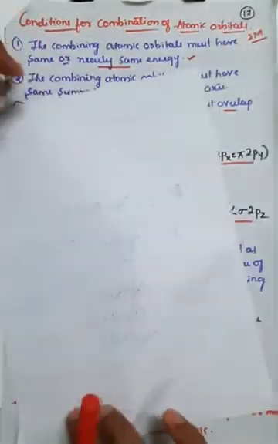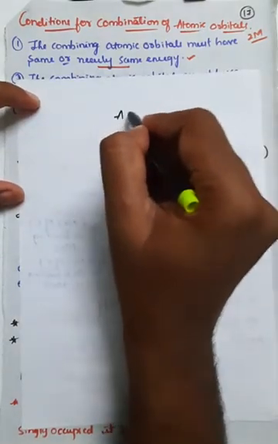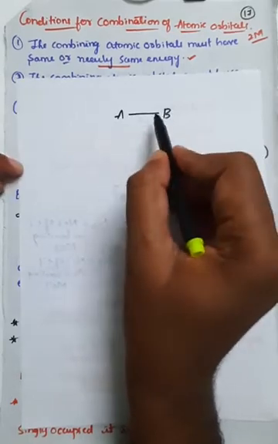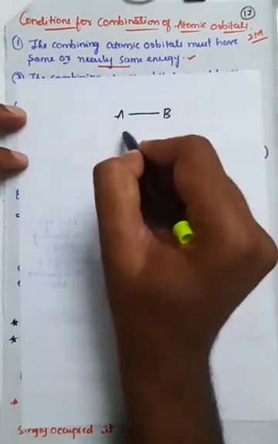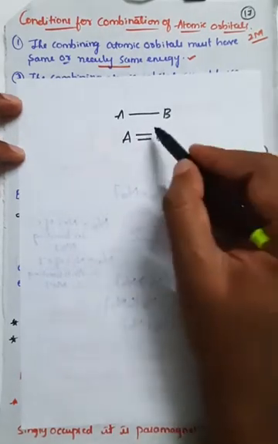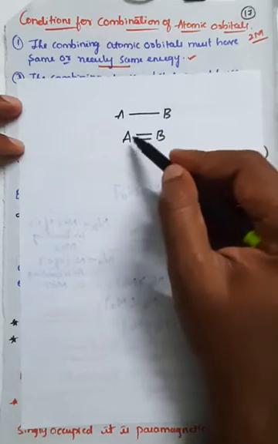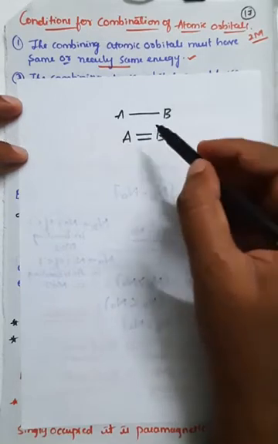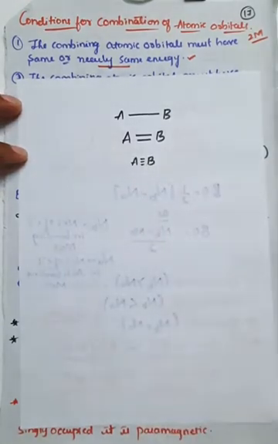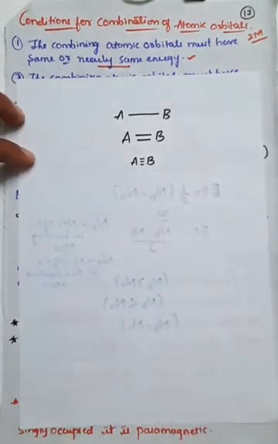So, here I will show. If you take an example of A and B, in case of A and B, what happens? If it is single bond, the bond length is more, right? So order is only 1, length is more. If you take A and B the same, if it is double bond, the length is shortened, because whenever you increase the bond order, the bond length decreases, the distance decreases. Even in case of triple bond also, the length will be very short.